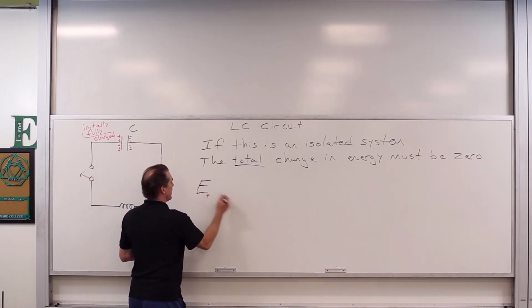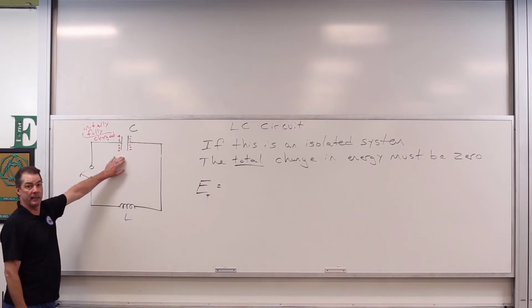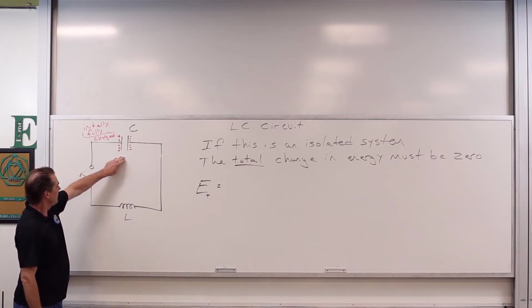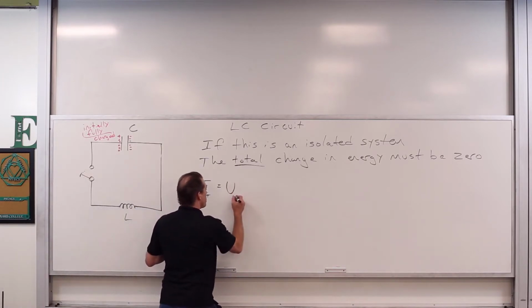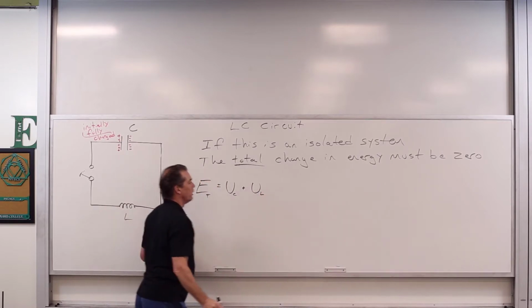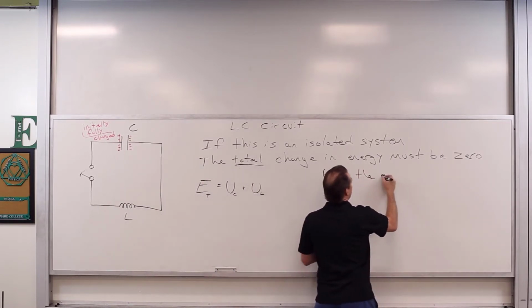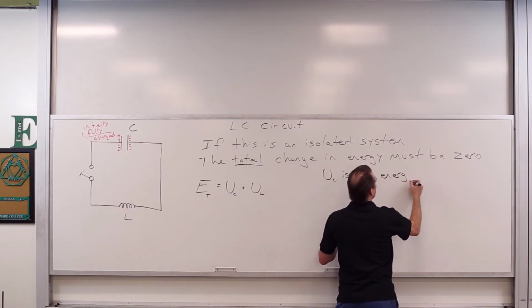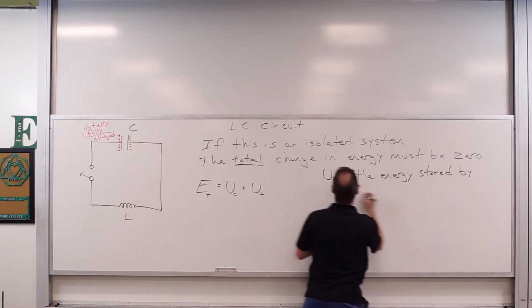The total energy is the sum of the energy stored in the capacitor and the energy stored in the inductor, which we could call U sub C plus U sub L. U sub C is the energy stored by the capacitor,